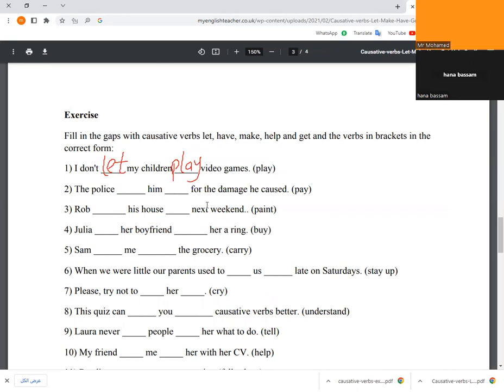That's right. Number two, the police for the damage he caused. Yes, but make it past, Hannah. So the police made him pay. It's past, not present, because here he caused. Do you understand me? So the police made him pay for the damage he caused. Number three, Rob